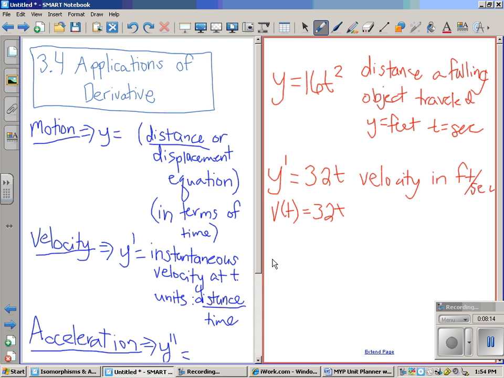Now, let's consider taking the second derivative. So I take the second derivative of 32t. Well, what is the slope of a line that's 32t? Or you can think of it as 32x. It's just 32. Or we could think of it as applying the power rule. So this is the acceleration